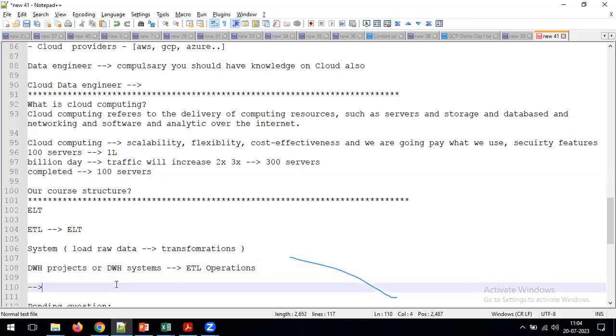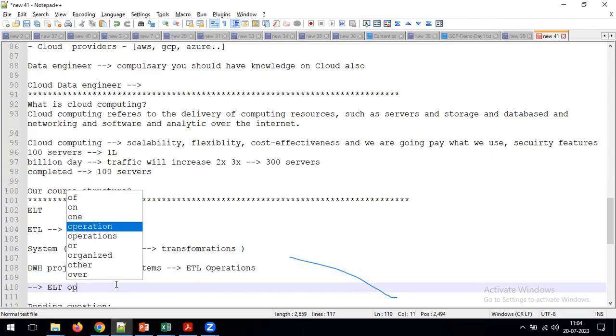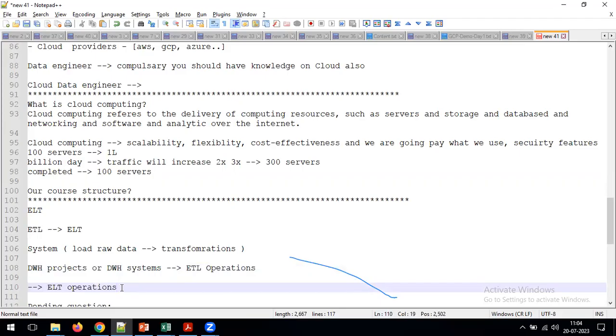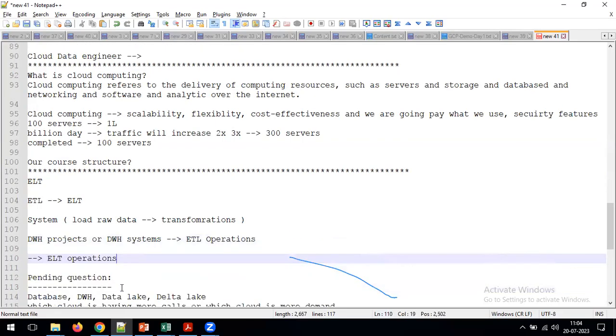Then in which system do we perform ELT operations? Any guesses from anyone?